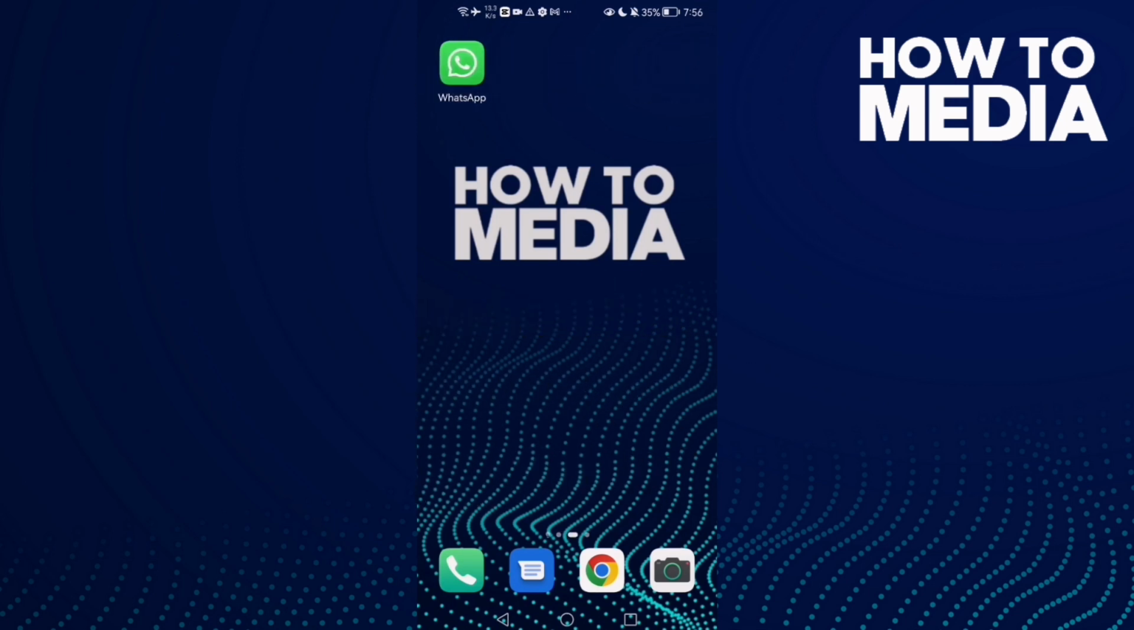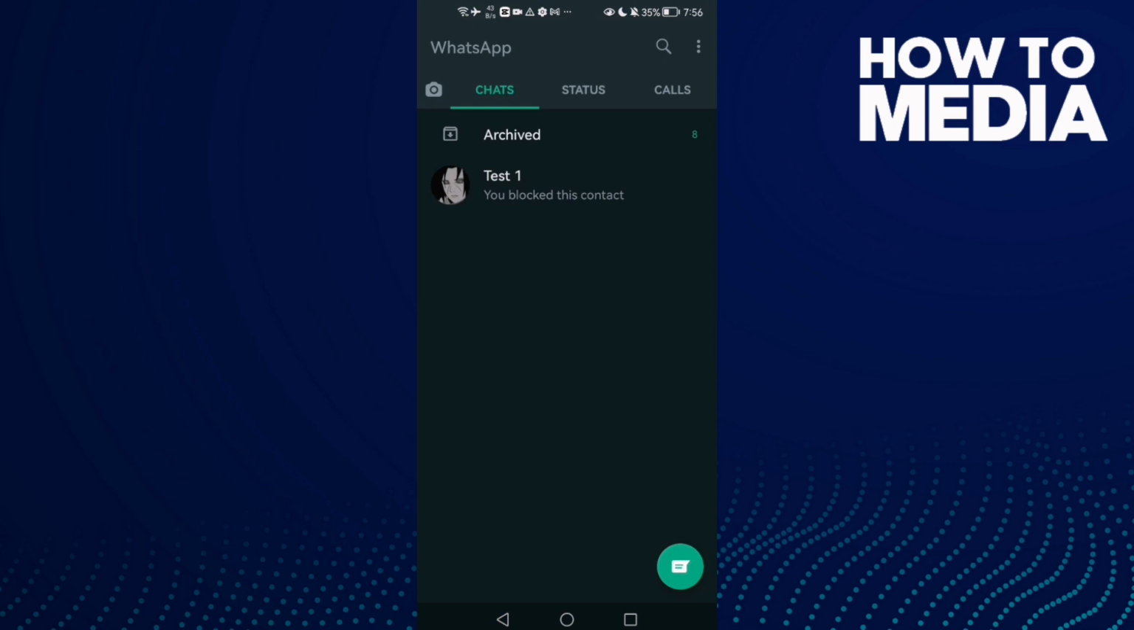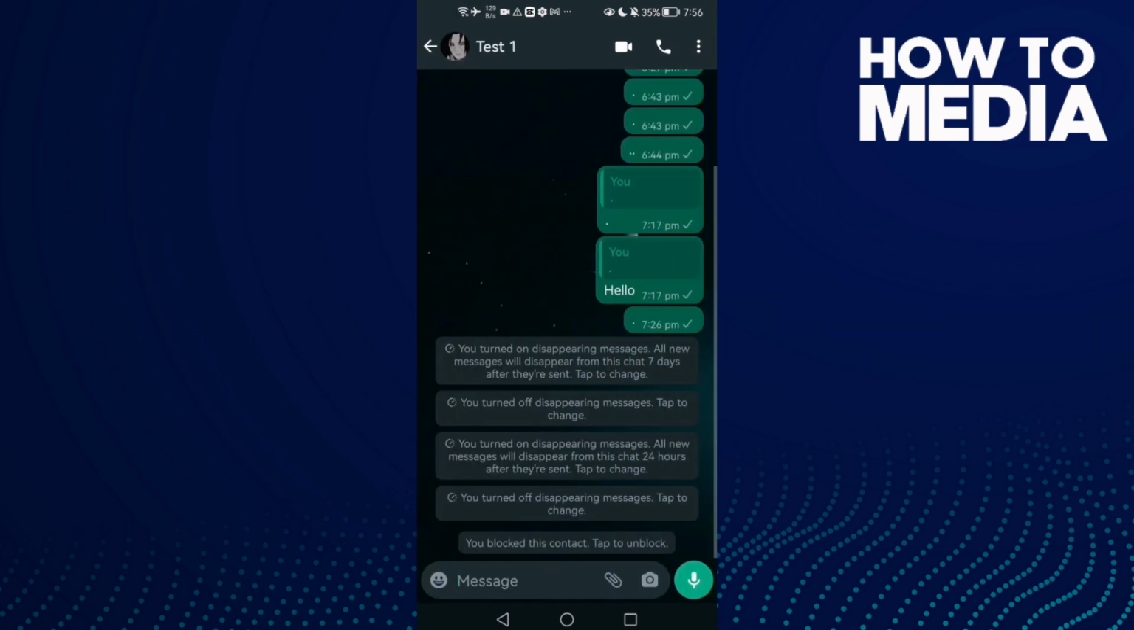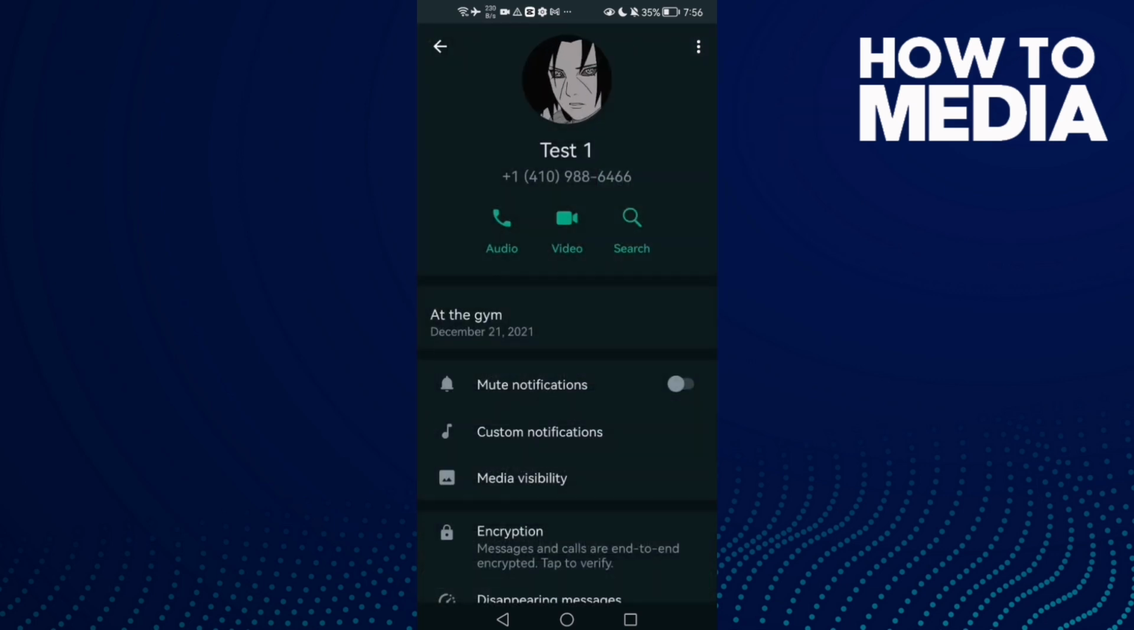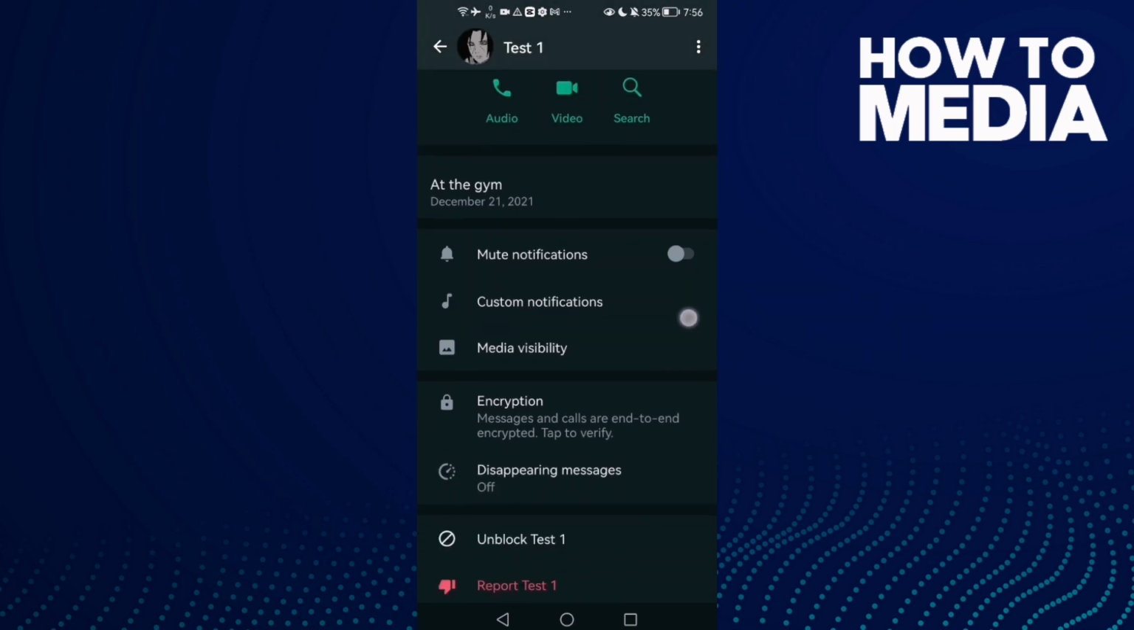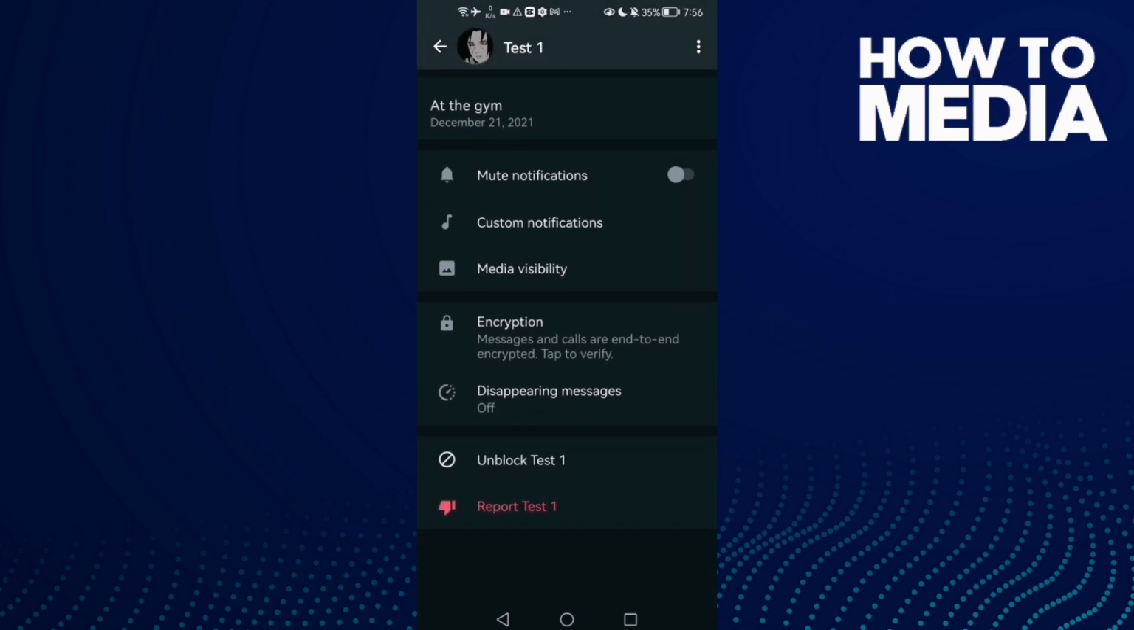First thing, go to WhatsApp and you just click on this profile here, like this blocked contact. Click on his profile and now scroll down and it will find it, this one, unblock. Click on it